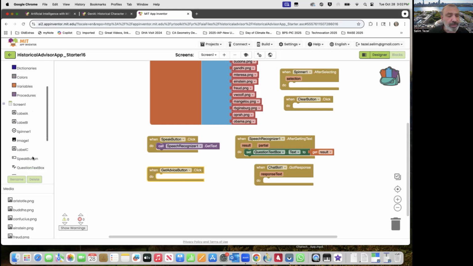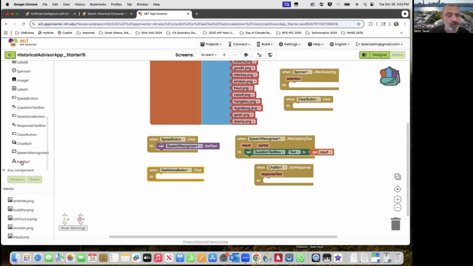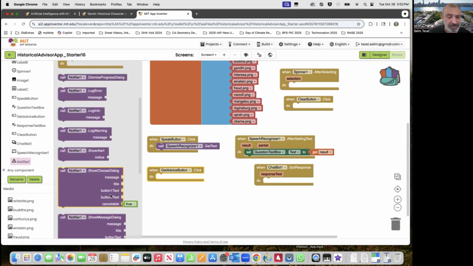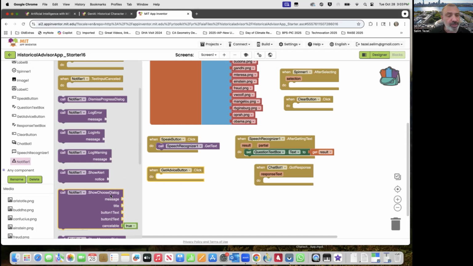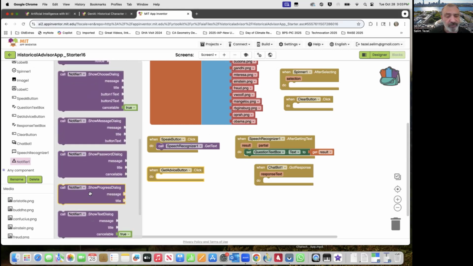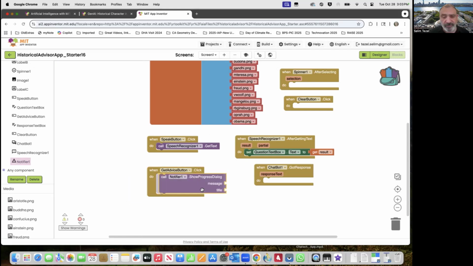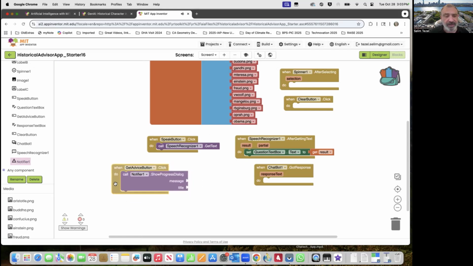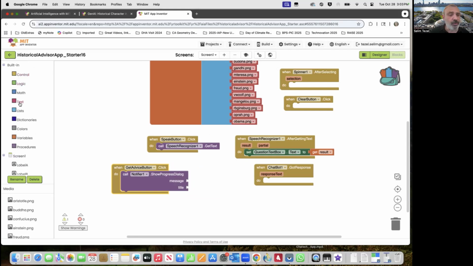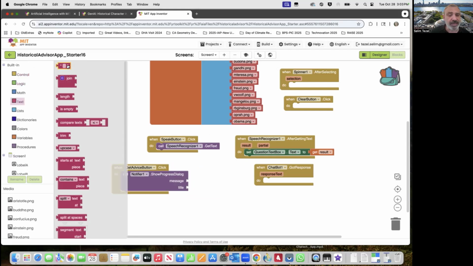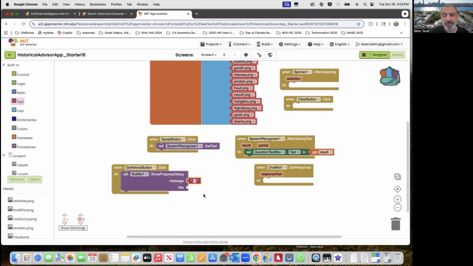Now, before we do that, I want to make sure that we put a notifier message. So let's go to the notifier blocks, and the block we're looking for is called show progress dialog with message title. So the first thing I'm going to do, I'm going to notify the user that we have started the process. So I'm going to quickly put a text block here. You know probably by now that you could do Control C, Control V to copy paste a block.